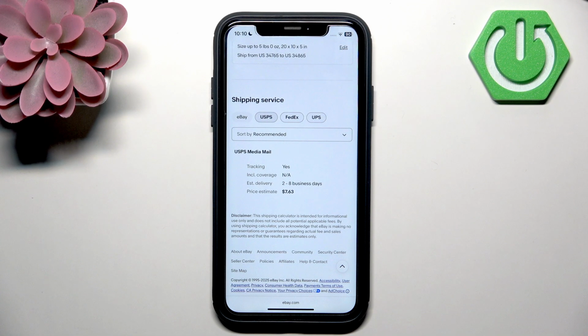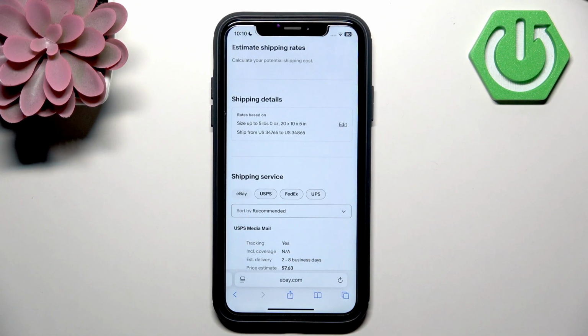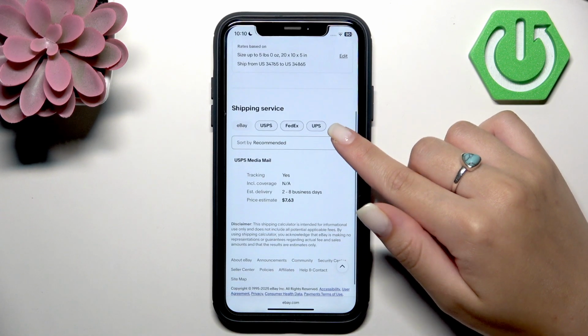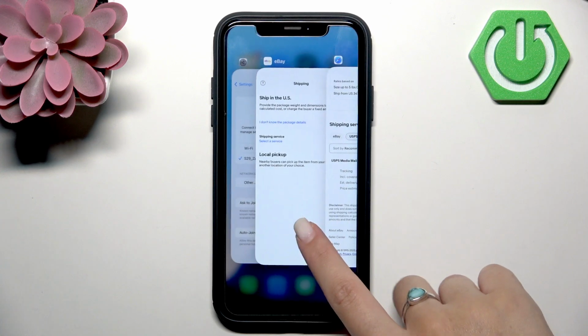By the way, we have video on our channel how to calculate shipping cost, and there you can see how I do it, because here is this some problem with dimensions of my package, but okay, anyway. So this is the calculated shipping, and